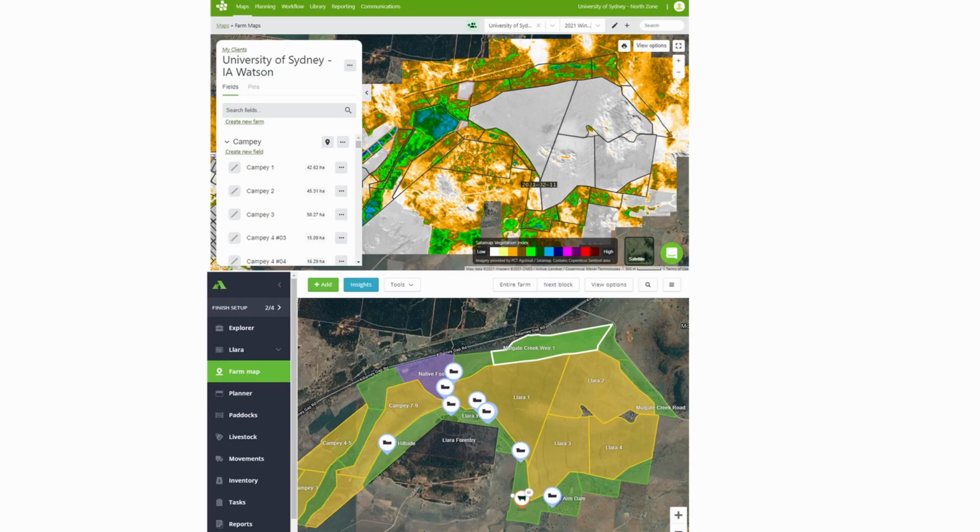Now, getting it all together is one of the challenges. It's a bit like, what's the analogy? We use AgWorld software for our cropping and AgriWeb for our livestock. That's our record keeping process. I'm not sure if you're using something else, there's plenty of others, or you might still be using the notebook, but whatever. These are great tools, but